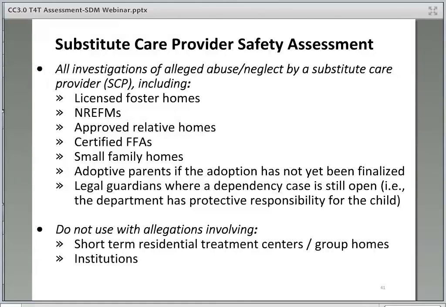As instructors, it is important to be aware that some social workers may think that SDM does not apply to them and they don't have to have a working knowledge of how to complete the tools. It is important to continue to highlight for social workers that even adoption workers will need to have a basic understanding of the SDM tools, especially this tool, as it applies to adoptive homes if the adoption has not yet